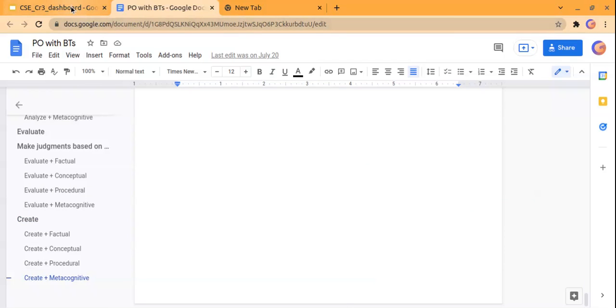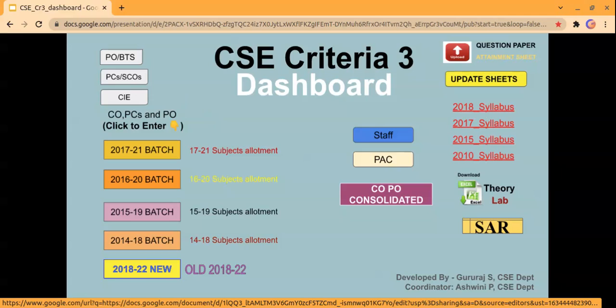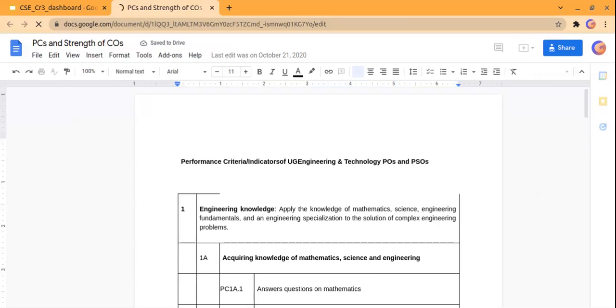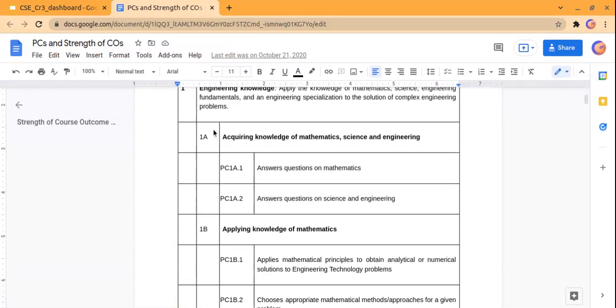Now, after this, let me go back to my dashboard again, once again. Now, we need to write performance criteria or performance indicators for the each courses. Now, what is this? The performance indicator or performance criteria, it is as simple as how we are working to complete the